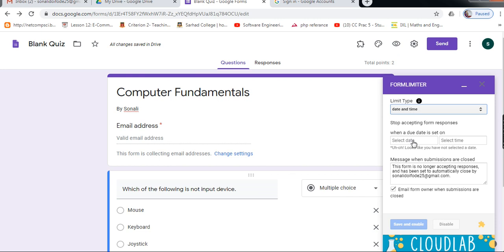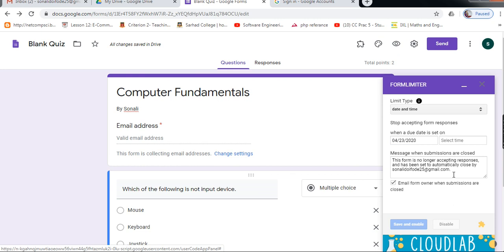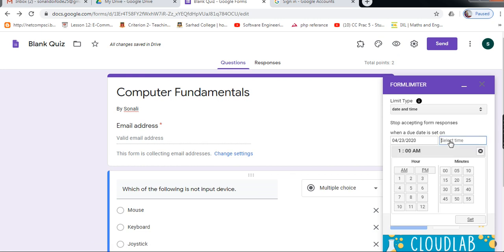So I am selecting the due date. Okay, I am setting the due date. It means after releasing this test to the student, after 1 hour or after 2 days, you can set any time limit. Suppose the date is 23. I am selecting this date. Then select the time. Till what?